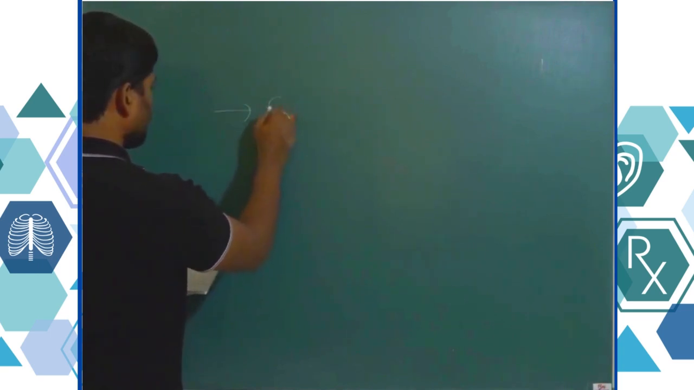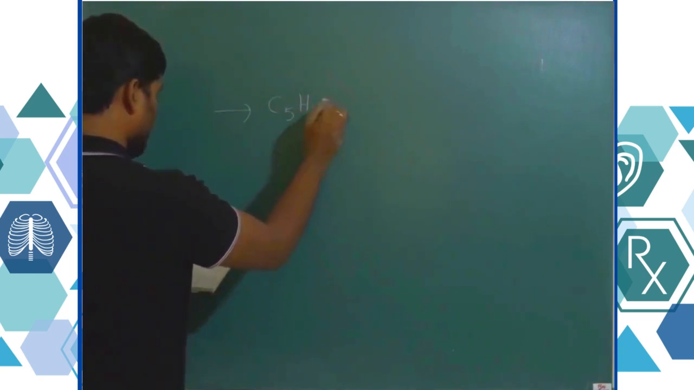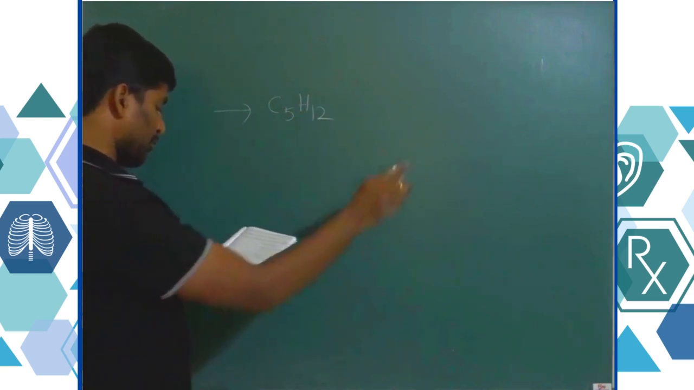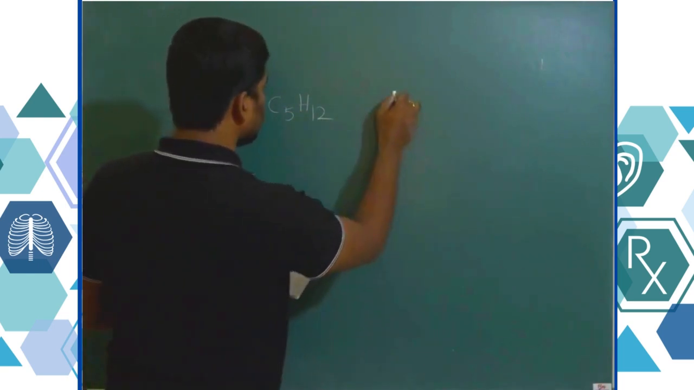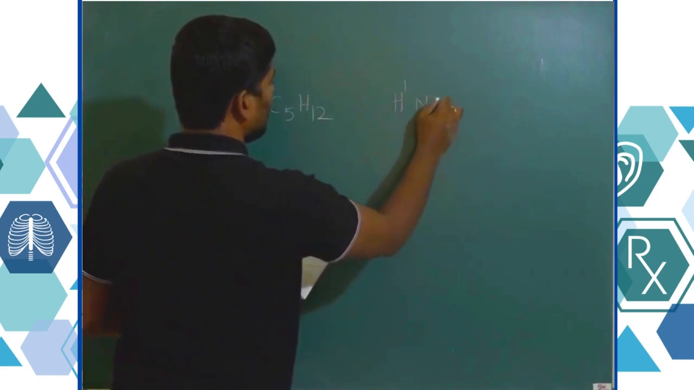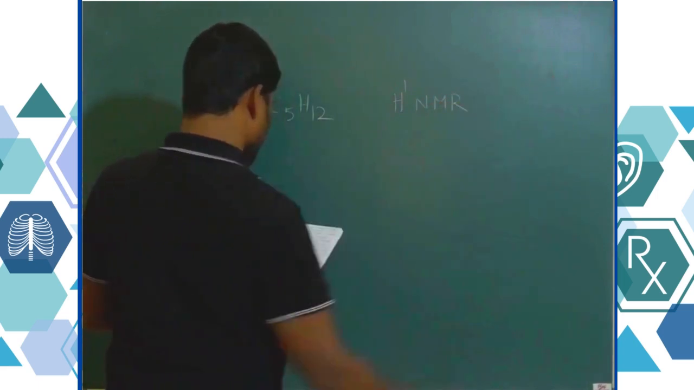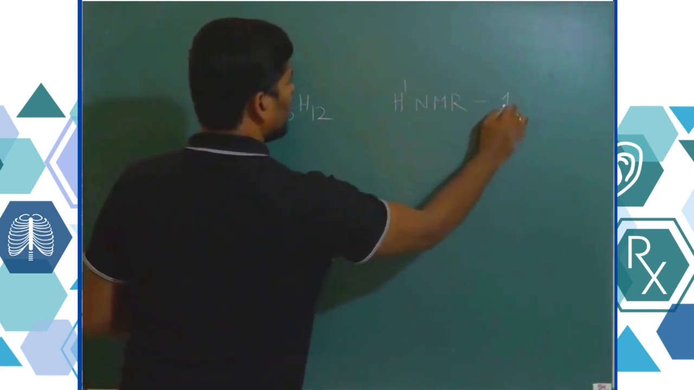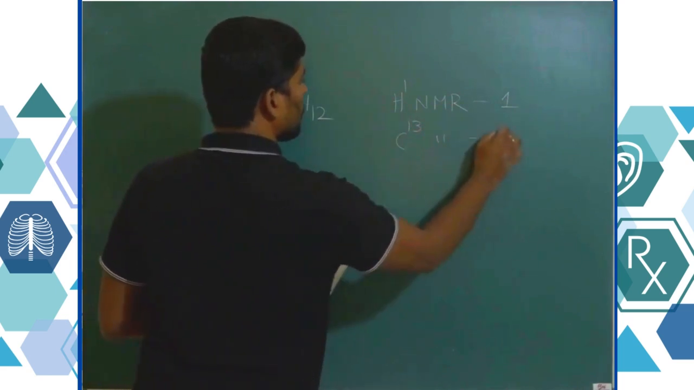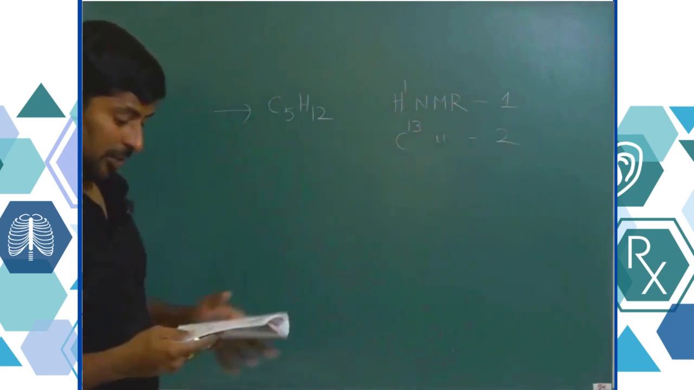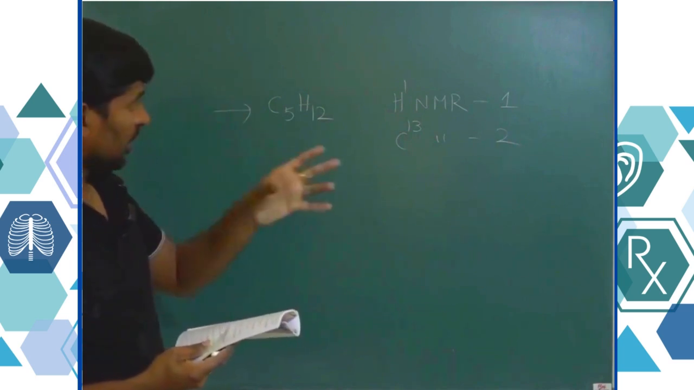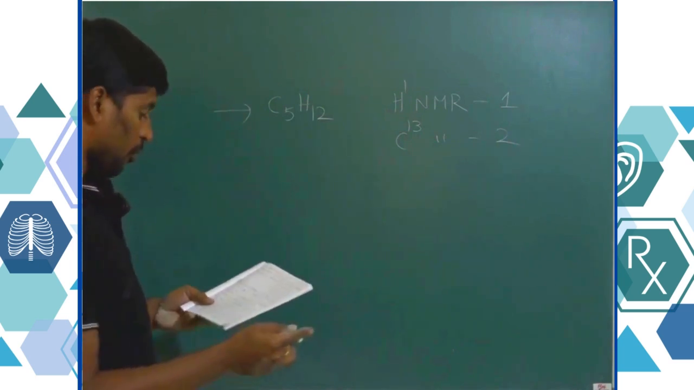Okay, this question is given. For example, C5H12 is given. It shows 1 signal in H1 NMR spectroscopy, but 2 signals in C13 NMR spectroscopy. The compound is